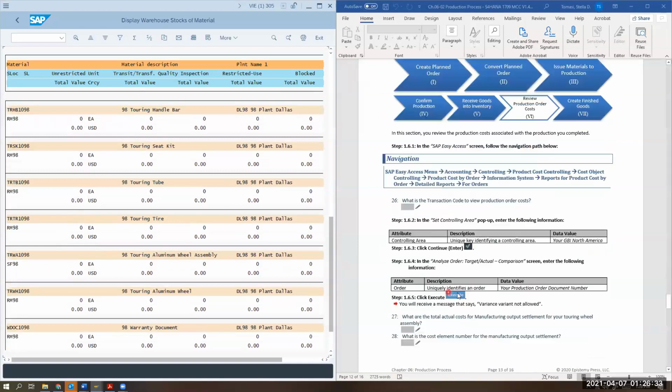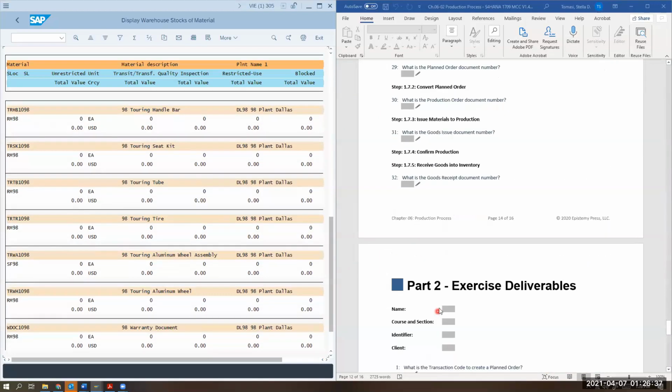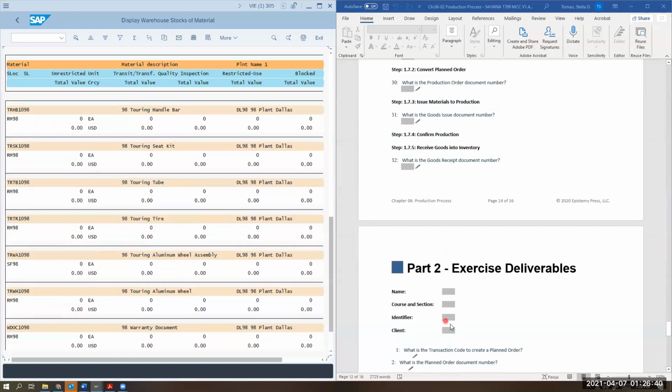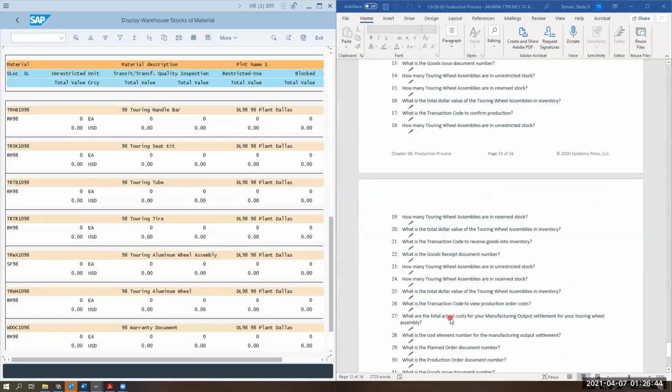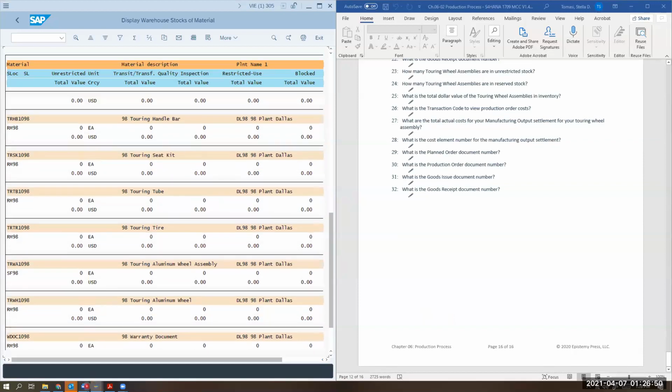Okay? So I want you to tab out and write your name, and make sure you're putting your 2-digit identifier. And so we're done with lab 6.2. I want to be able to share with you